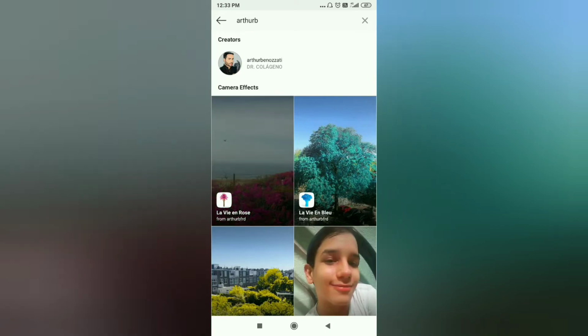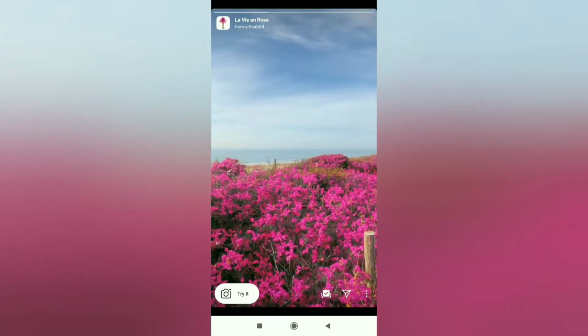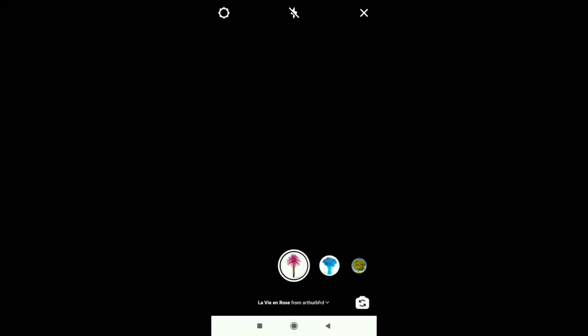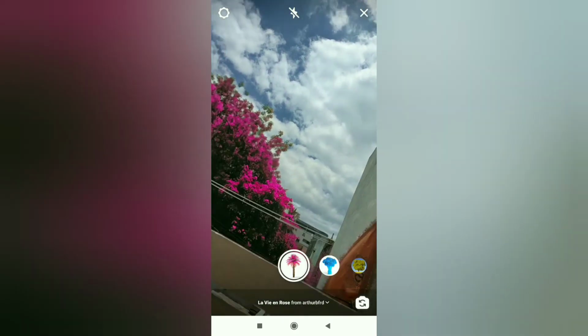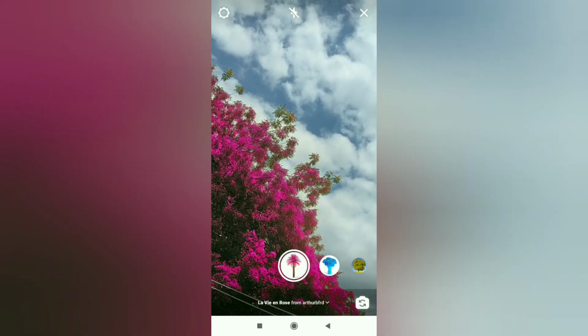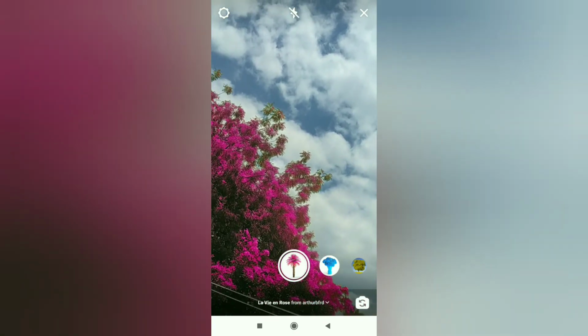So click on this first one and you can just save it. I have already saved it. Click on this try it option, and from here you will find something really interesting. See, the color has completely changed, which is very good. I mean, like everyone, I really love this. Maybe you would also love it.